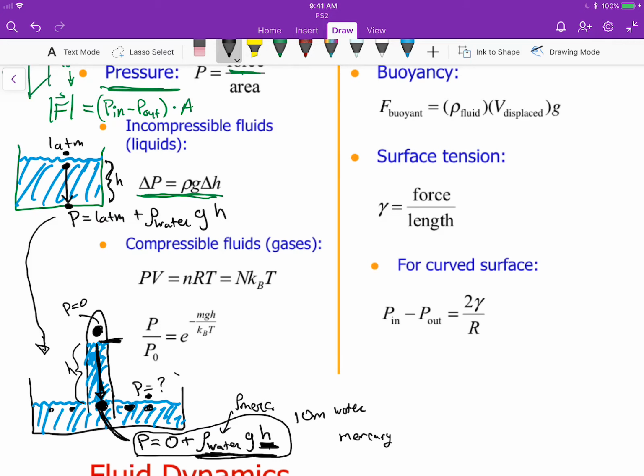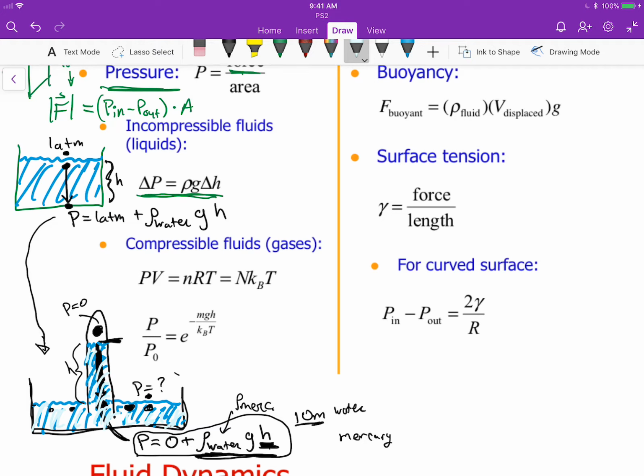So instead of the height in this test tube being 10 meters, if this container instead had mercury in it, like something like this is mercury, then